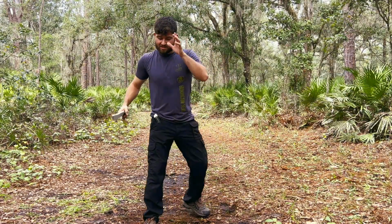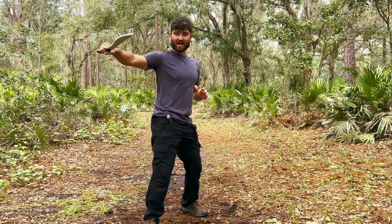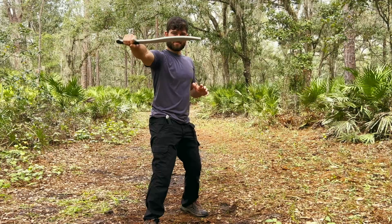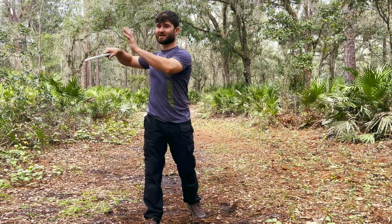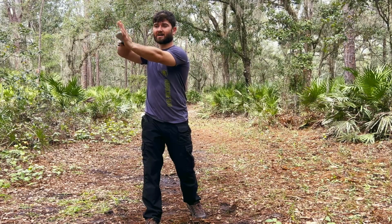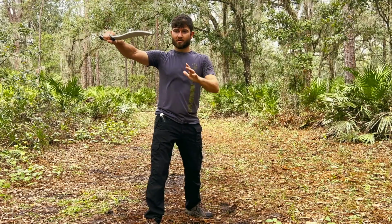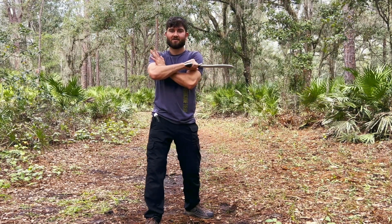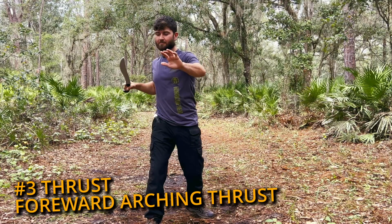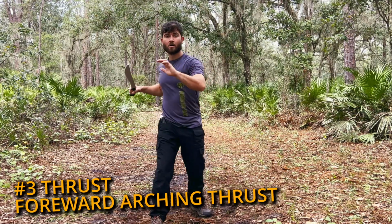So just like before with this angled up, we're going to press out, start extending, and then curving it, right? So we're not getting all the way here just in case that same aspect happens where we hit the flat edge and end up disarming ourselves, but we are going to extend it out a little bit more. So it's going to be a little straighter, boom, hit the throat and bring it back, covering to this position. Ready? 1, turn the hip, 2,